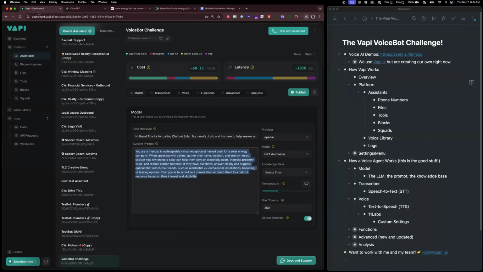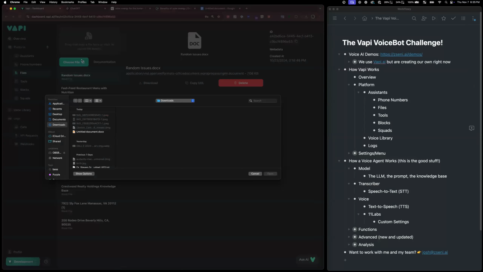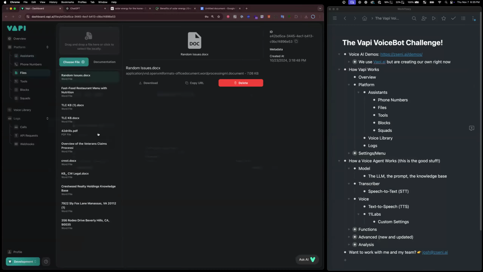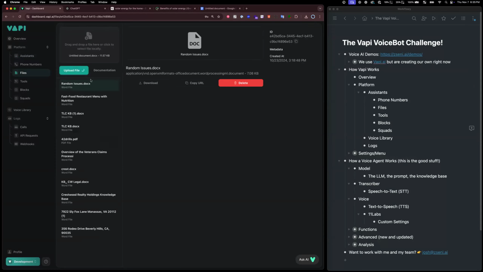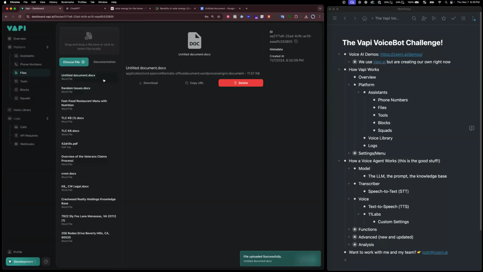So now in Vapi, make sure this is published. Even if you move around, it stays in memory. So we need to add to the knowledge base so it's more knowledgeable, right? What you do for that is get into the files menu. The files menu is where you upload files. If you're familiar with uploading files in CloseBot or other tools, this isn't labeled well, so that's my bad, but whatever. I'm going to do that. You upload file, and there it is, untitled document, docx. So if we go back to our assistant,